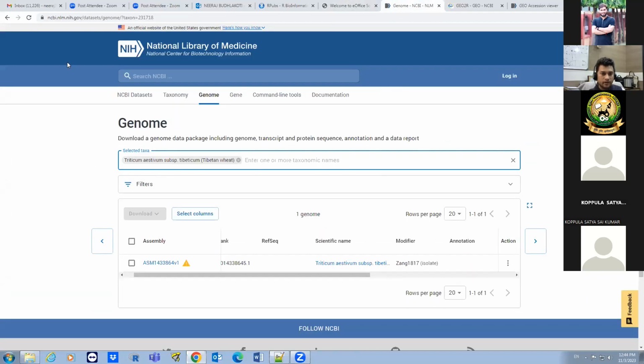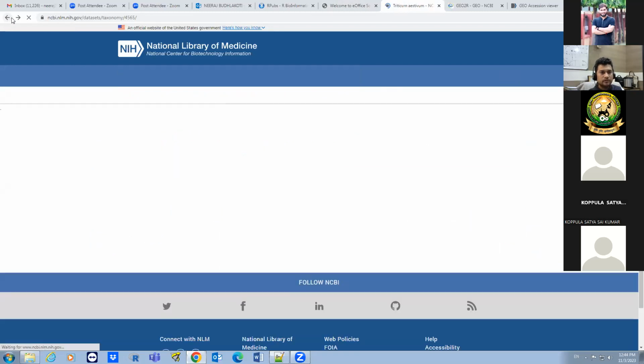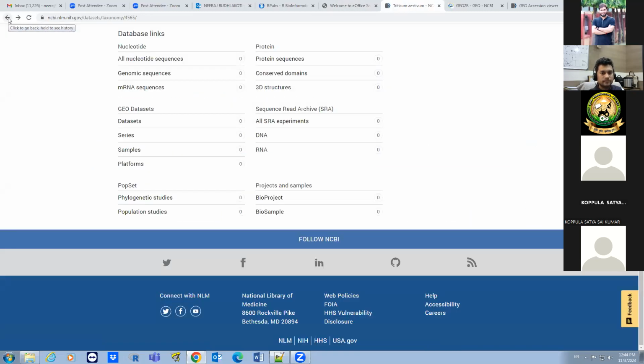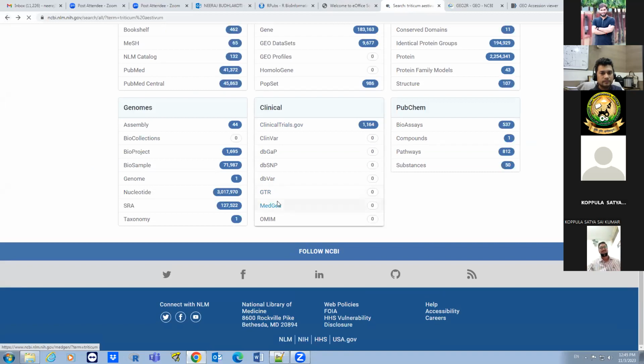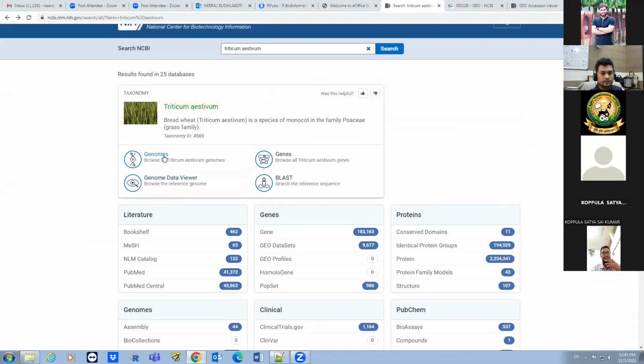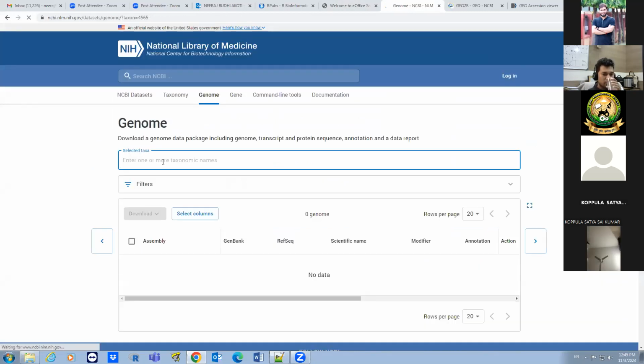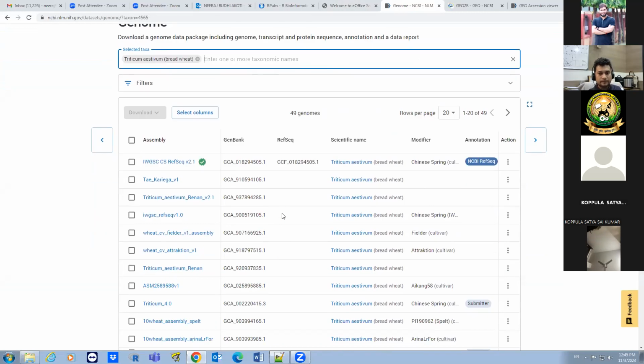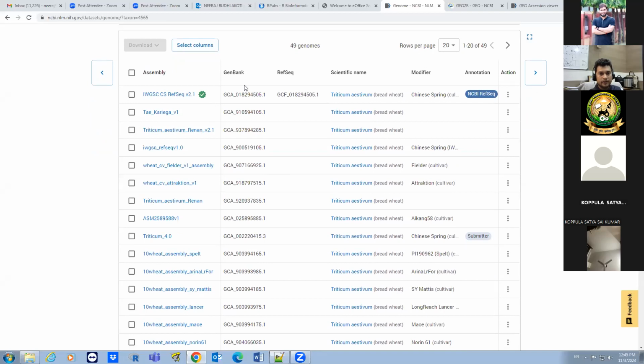So in this way, you can see various finished genomes.